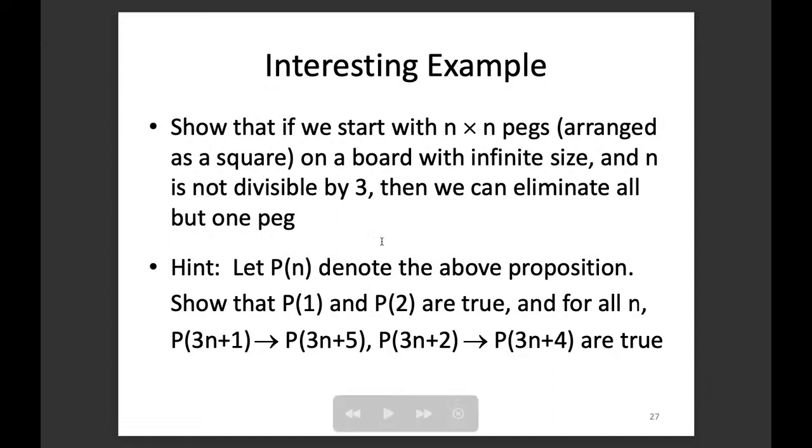But somehow, we can show that if we can solve the case for 3n plus 1, then we can solve the case for 3n plus 5. And we can also show that if 3n plus 2 can be solved, then 3n plus 4 can be solved. So by just having this part, together with the conditions P1 and P2 being true, so that we can solve the case of 1 by 1, we can solve the case of 2 by 2,